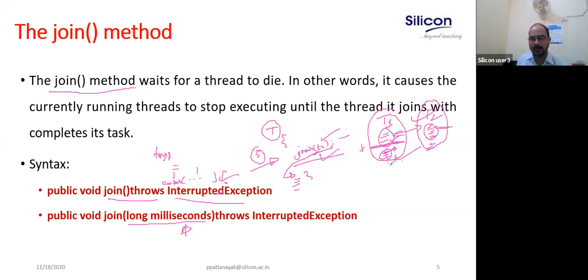If you are giving the result, it is fine. Otherwise, I can continue my execution. Maximum I can wait for 100 milliseconds, not more than that. You can pass that as a parameter, which is why there are two variations of the join method.